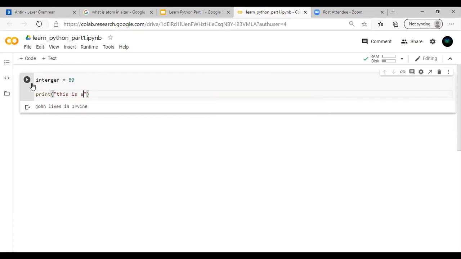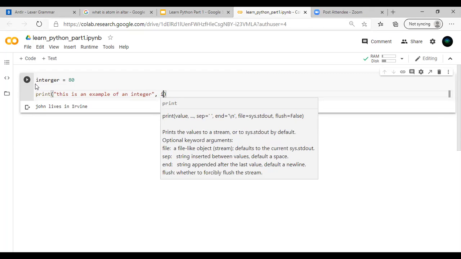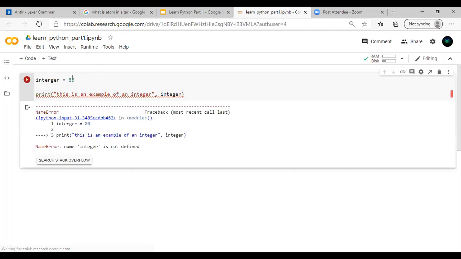This is an example of, then we'll have the comma, which will combine this string, this is an integer, to the variable integer. All right. And if we separate, so we want to combine this string to the integer 80, and we'll do that with the comma in the middle. And when we run, it'll say,